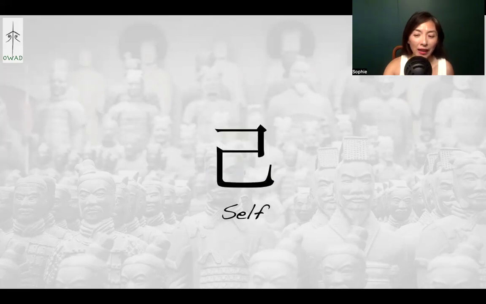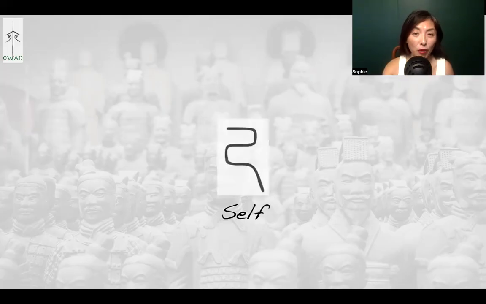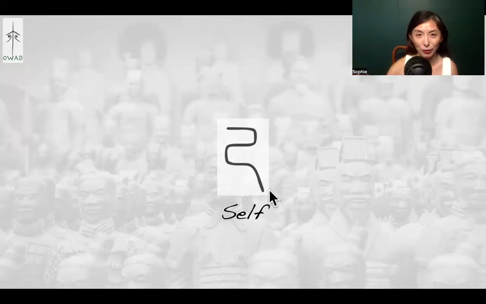A similar looking thing, but with a little bit more turns. And this character testifies to the Chinese concept of what it means to be self, this self-awareness embedded in a character that came from a rope. So this is the shape of a coiling rope. And the rope is the one that ties all the loose ends of what makes you you, the fabric of you, so to speak, or fibers